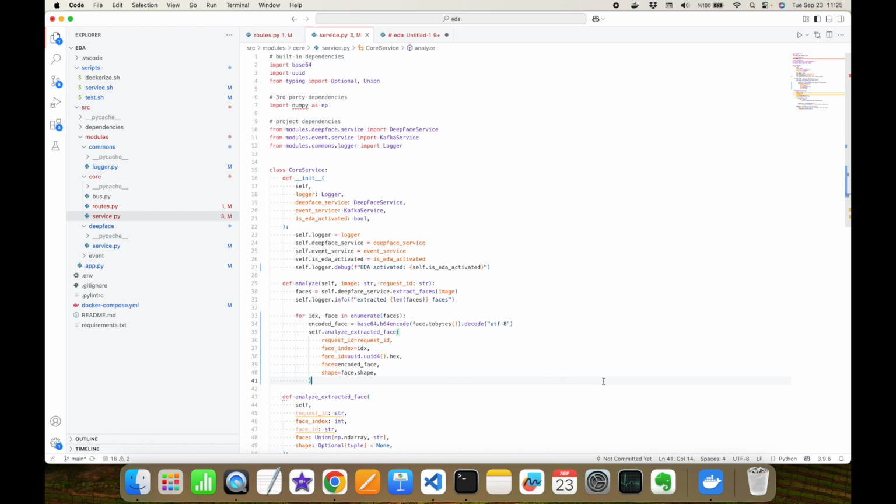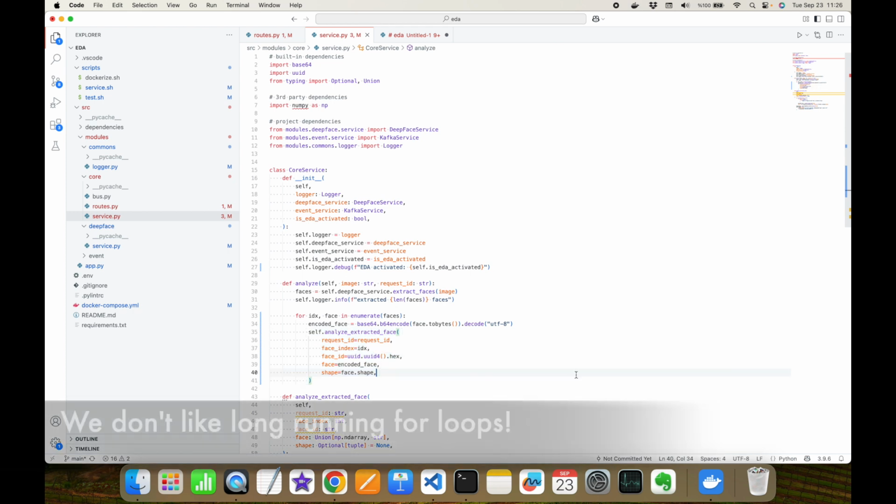Let's check the source code, and here in the service.py file under the core module, I have an analyze method and it extracts faces from the given image, and here it finds 64 different faces. Thereafter, we have a for loop here, and we are going to analyze each face sequentially. In production,